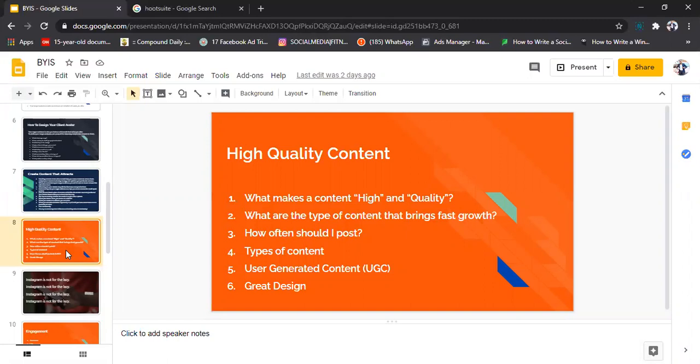Now I'm going to explain how user generated content is one of the fastest ways to grow your brand and your influence on Instagram. So this is how user generated content works. Let's say you sell a physical product. What you do is you tell a few of your friends to use it, or you give it out for free. You tell them to use it, then make a post on it and share it on their Instagram handle.